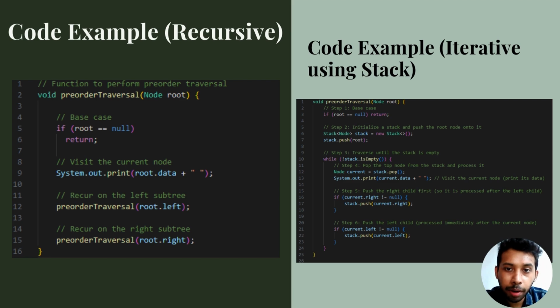Now let's implement preorder traversal iteratively using a stack. We will use a stack to simulate the behavior of recursion. Here we use a stack to mimic the behavior of recursion because recursion uses an implicit stack. We push the root node onto the stack. Inside the loop, we pop a node from the stack, print its value, and push its children onto the stack in reverse order, right first, then left. By pushing the right child first, the left child gets processed before the right child in the next iteration, maintaining